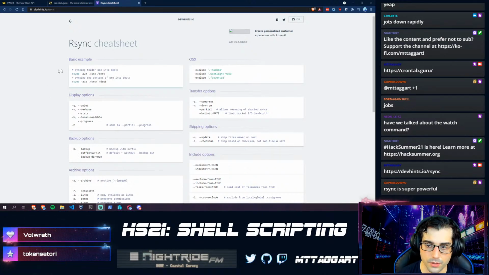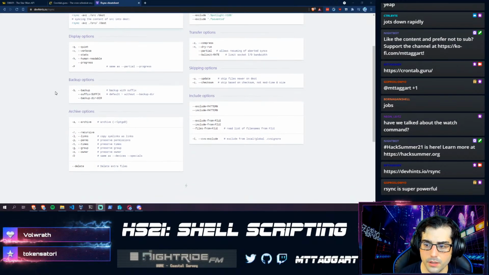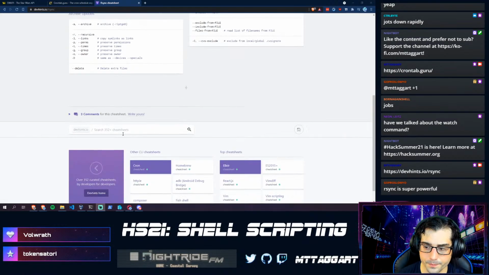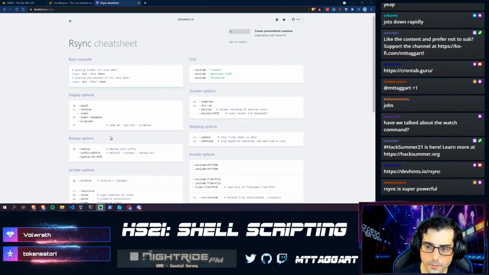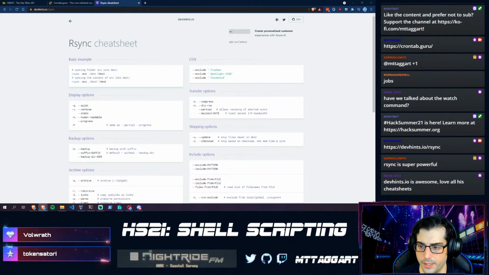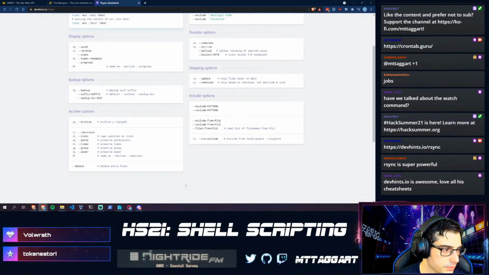And this is the other thing that makes rsync crazy powerful: the ability to run over SSH. So you can do... trying to find, it's like -e, right? I don't know why they don't have it in here.